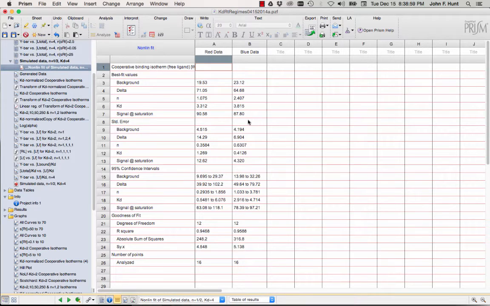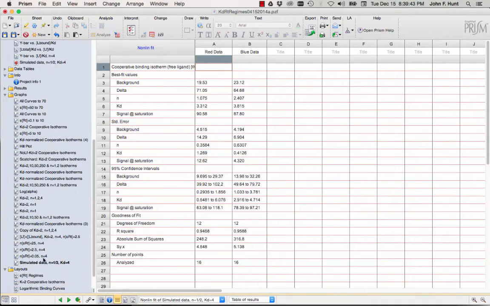It's interesting to look at the error estimates here, and one in particular, because it relates to the quality of the Hill analysis, would be the signal of saturation. It's saying that the standard deviation of the signal of saturation is 12.6. So the signal of saturation is 90.58 plus or minus 12.6. That's actually quite a significant variation. The 95% confidence limits for that are 63 to 118. That's a huge range of variation. And from the other curve, the signal of saturation would be between 78 and 97, so a narrow range of saturation. But anyway, we're going to use this 90.58 value, so let's go back to the data